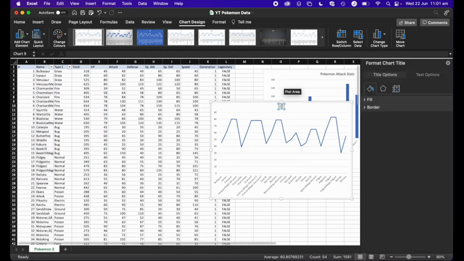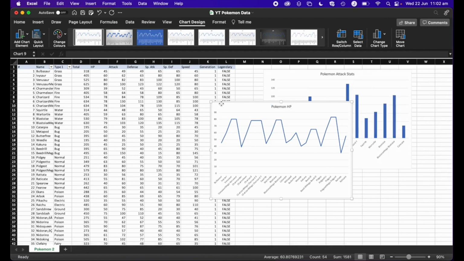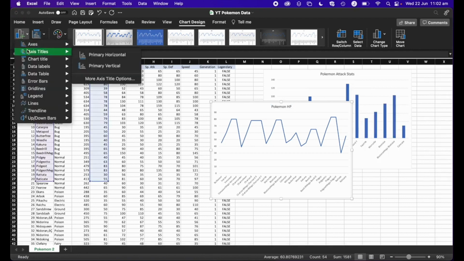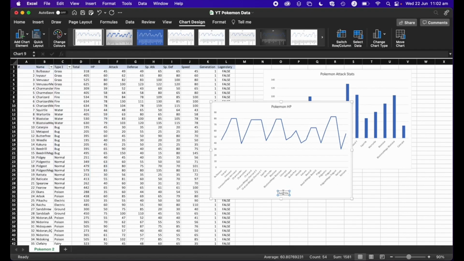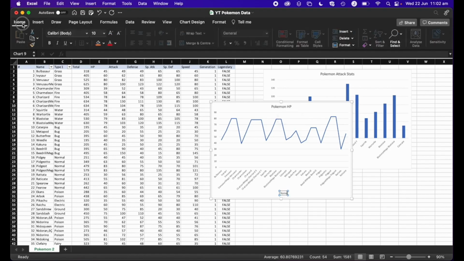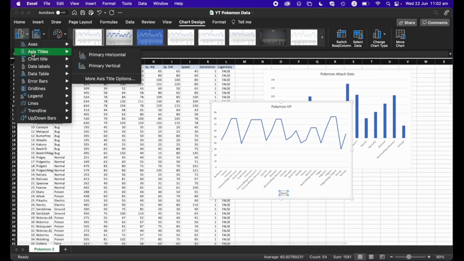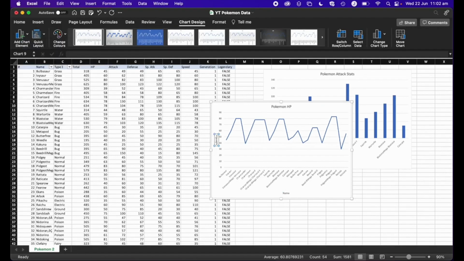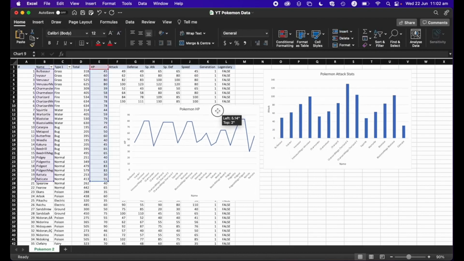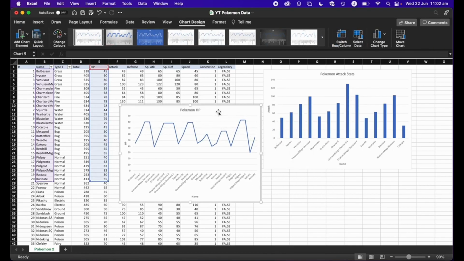So again, I can go in here, I can change the title to Pokemon HP, and I can also go up to chart design, and I can add my axis titles here as well. So I can go ahead and rename my horizontal axis to name, and then I can go ahead and rename my vertical axis to HP. So now you can see in probably all of about 5 minutes, I've got 2 graphs which really help to visualize the data that I have,